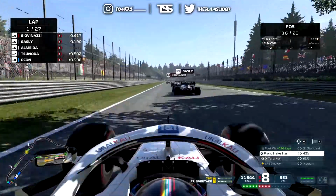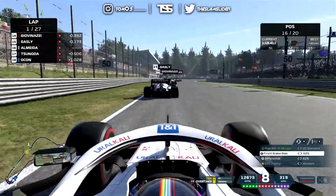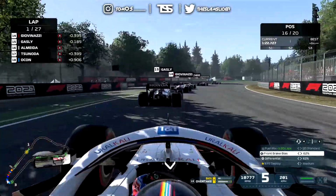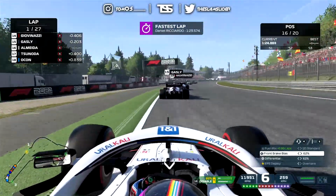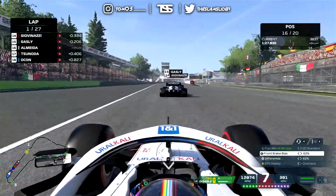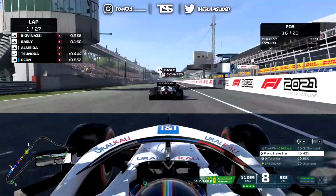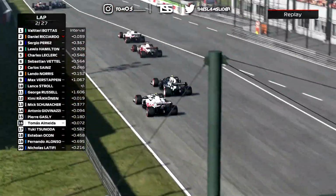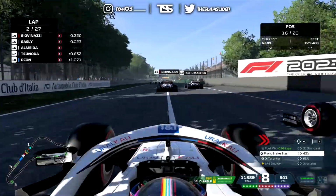Let's go back to our race. We are in P16, so it's been an okay start. We just lost one position, could have been much better. We've had a better start so far this season in my entire F1 career, but Ricardo sets the fastest lap, so this means that Daniel Ricardo leads the Italian Grand Prix. We're going to watch that in a minute, and we are gaining and gaining on Pierre Gasly,